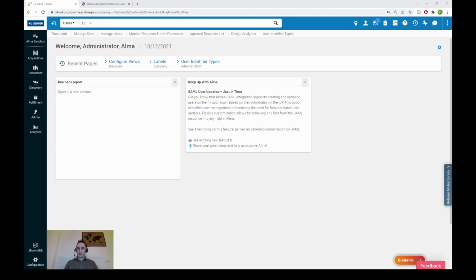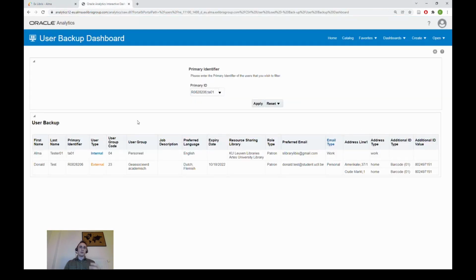This is just an example that you may grasp from it and work on, and maybe it will help you out. So here we have a dashboard. It includes a prompt for the primary identifier, so you can input the primary ID of your users in order to filter out all of the users. And here we have two examples. This is the most complete version that you may need for the users. So you can see that it's more than enough.